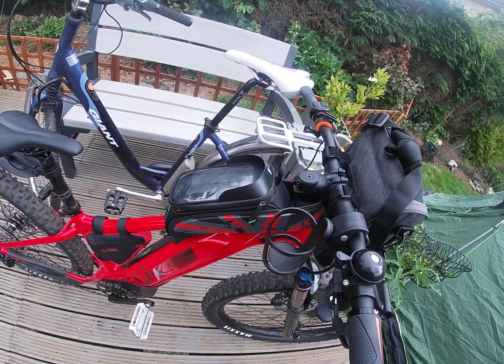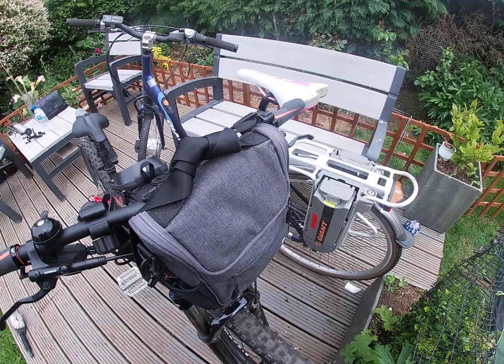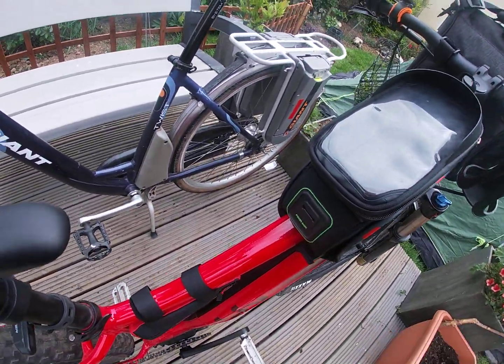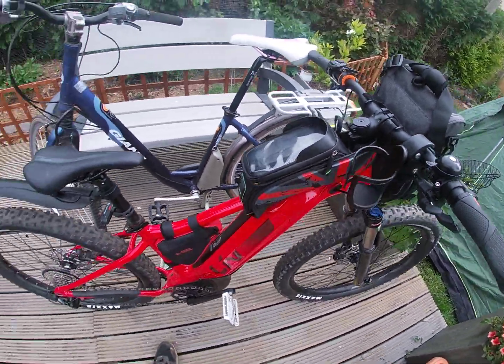This bike has a load of stuff on it. Mum's put some sort of medical bag thing on there, and there's a power bank bag on here, to charge your phone and whatever. So yeah,